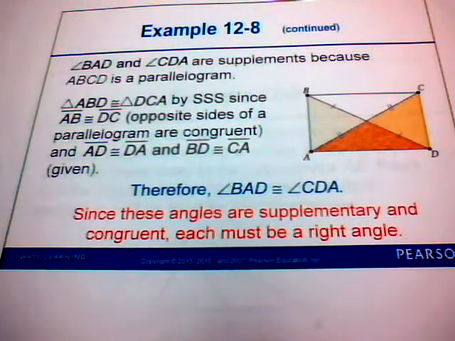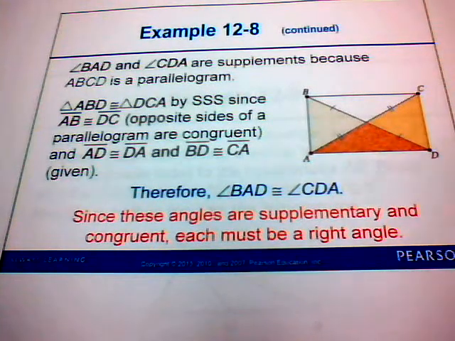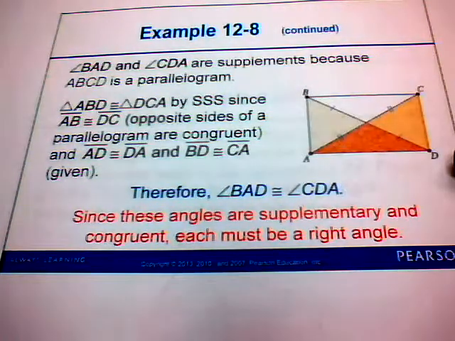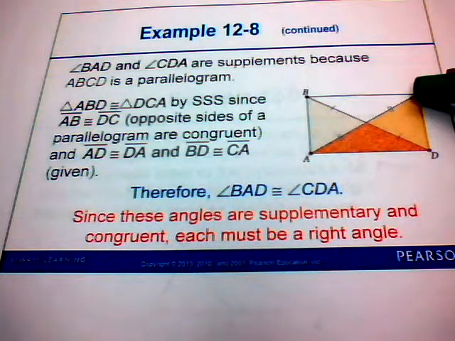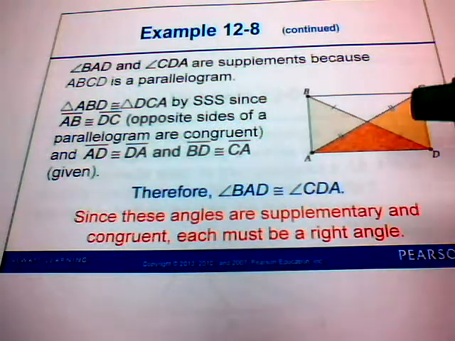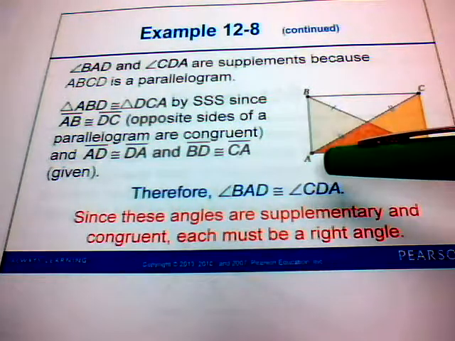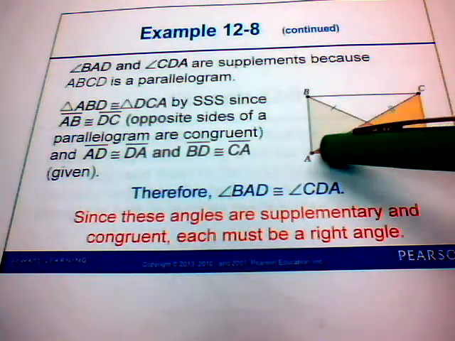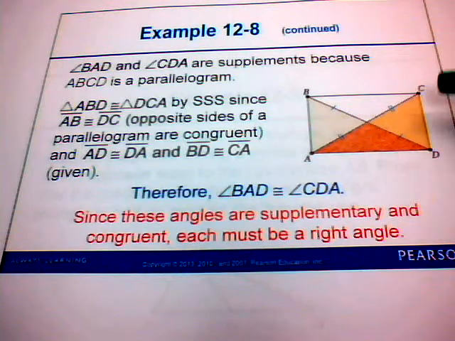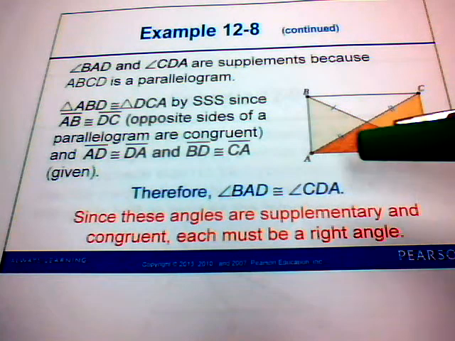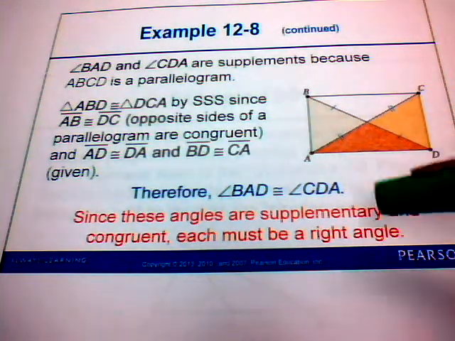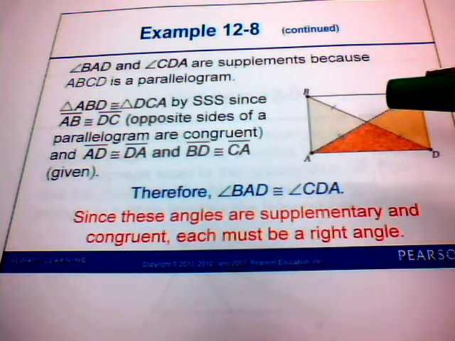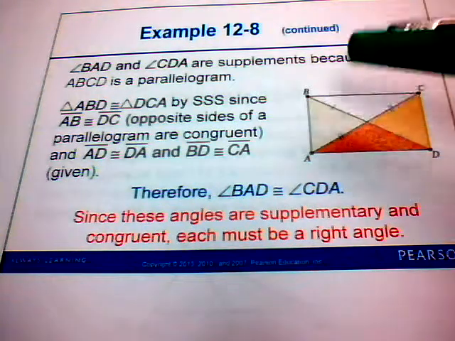Okay, so let's look at angle BAD. That's this angle down here. Here's BAD. And angle CDA. Here's CDA. Those are supplements because ABCD is a parallelogram. That means that this angle measure and this angle measure add up to 180 degrees. Okay, now we can say that triangle ABD,